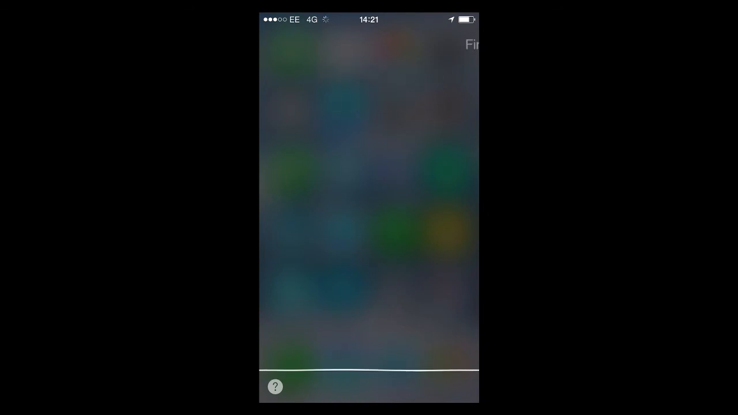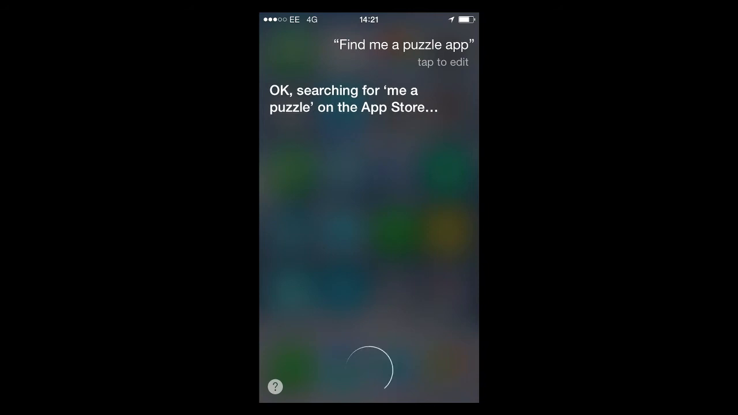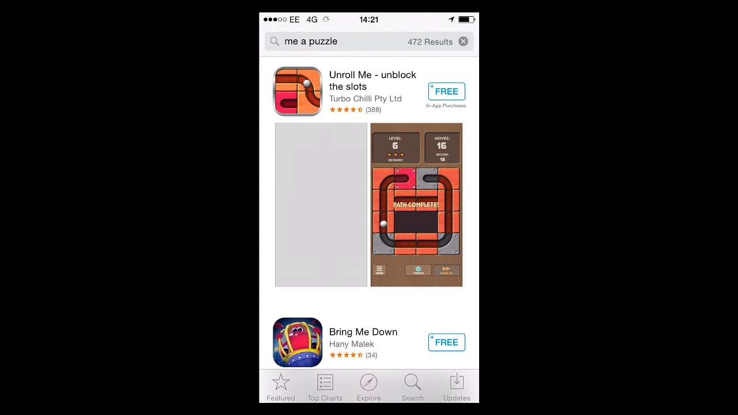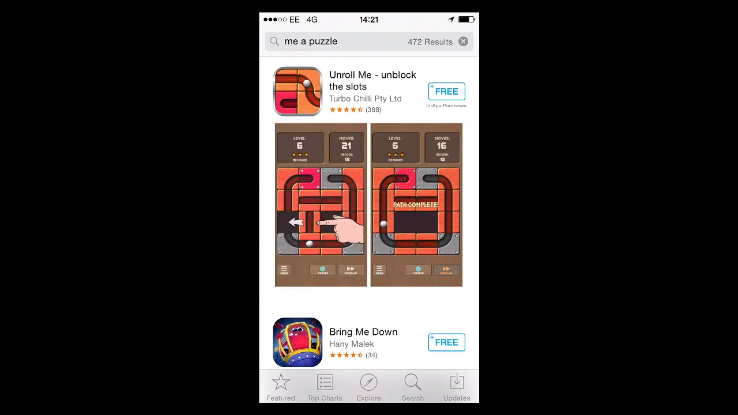Find me a puzzle app. Okay, searching for me a puzzle on the App Store. So what you can see there is that I've asked it to find me a puzzle app, and what it's actually done is it's ended up searching for me a puzzle,